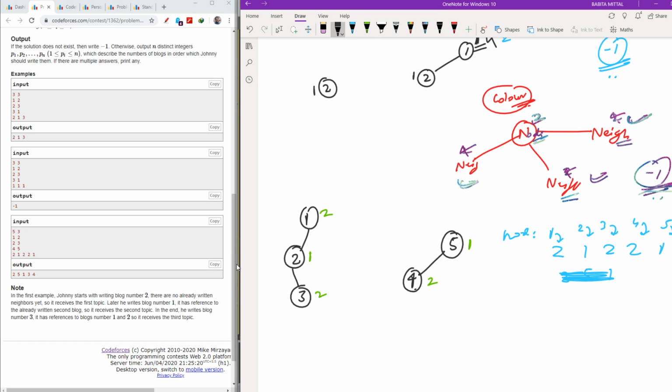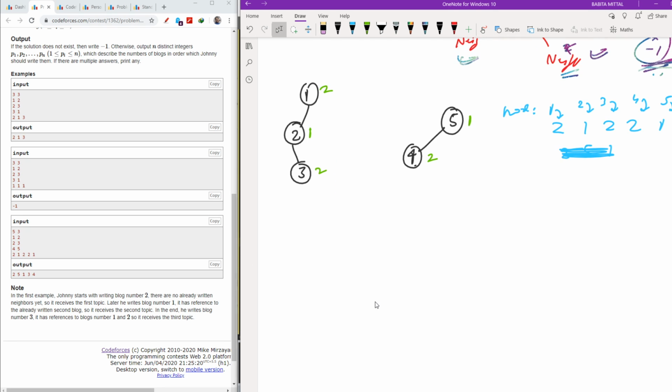So up till now you must have seen that it is very easy that we can start from a node which has the reference value 1, or you can say the color value as 1. How? Because the nodes which have a reference value of 1 are not restricted at all by any other nodes, because these are free. So I will write my node 2 here, node 5 here, and both have reference value 1. Because they are very free, I will start from here.